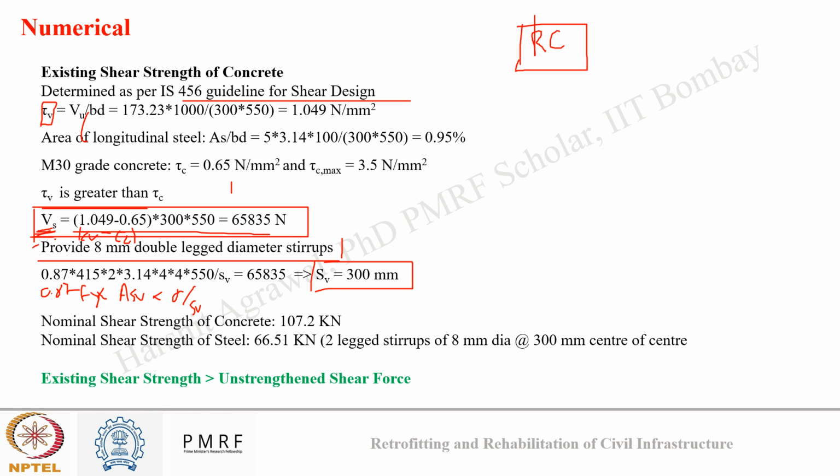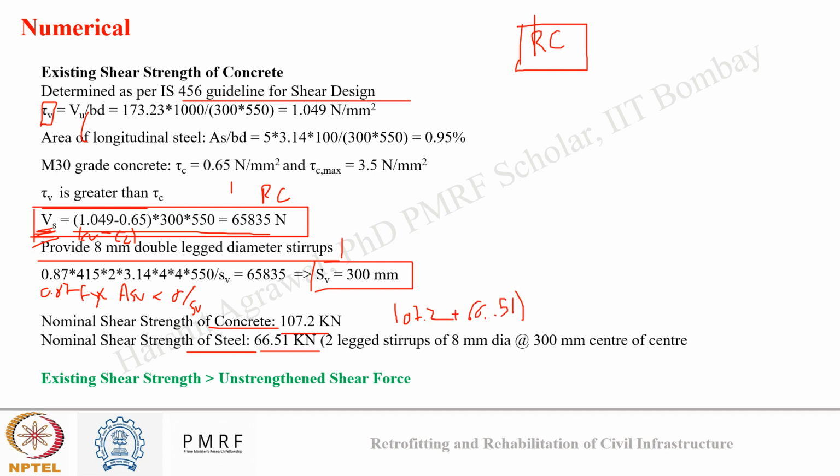Okay, so knowing the amount of stirrup shear reinforcement I have provided, I will get to know what is the shear strength of my existing reinforced concrete due to concrete, and what is the contribution of steel in that shear strength. Okay, so these two are the contributions. Now, if you will add this 107.2 plus